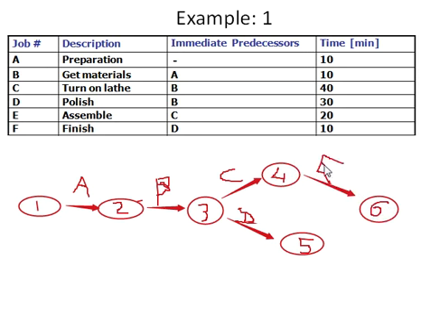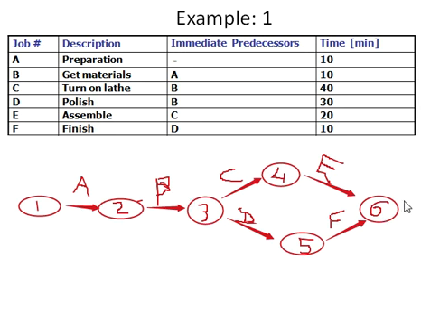The next activity we have is F, and that can be initiated after the completion of D. So we will draw the next activity here and name it F. As you can see, this node is the last node. That's why these two activities merge over here, and that is our finish line. So this is the network diagram.